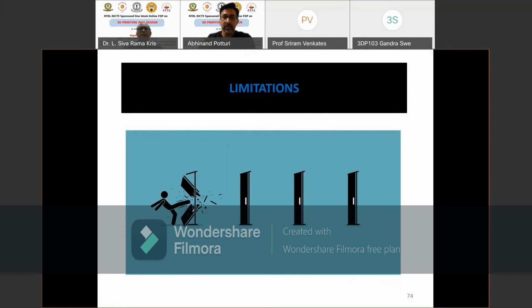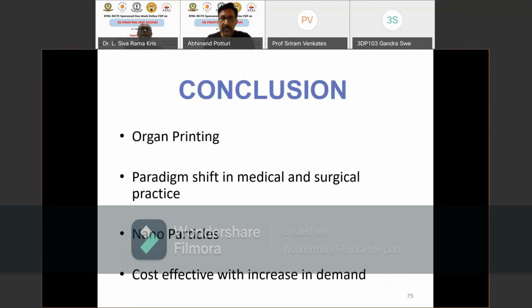We are in the process of doing this study on a beagle dog animal study, and if it works out, we will be able to bring it into patient phase 4 trials, and then, if it works out, bring it into the market. But it is a long way to go still. We are at a very preliminary experimental stage, and it's only an on-paper concept so far. So this is the status of the entire 3D printing.